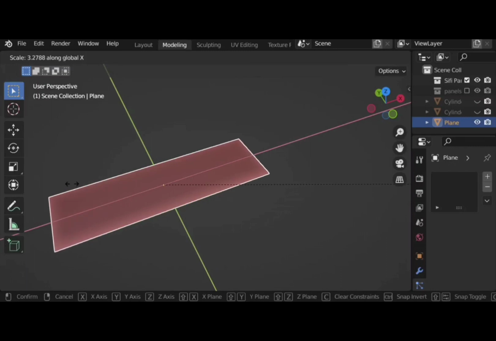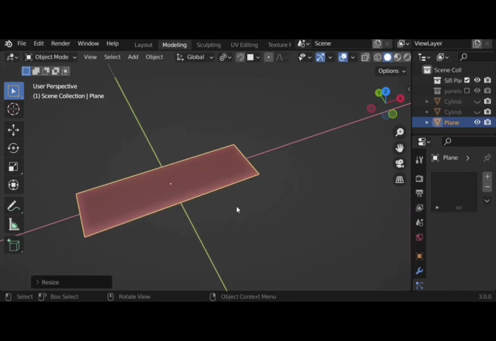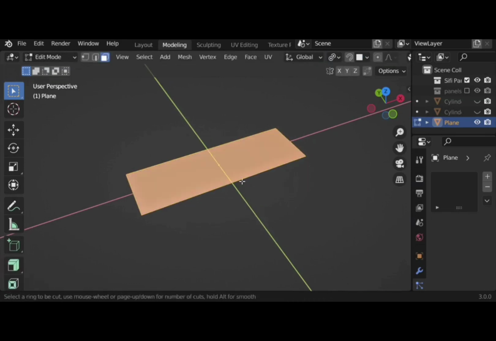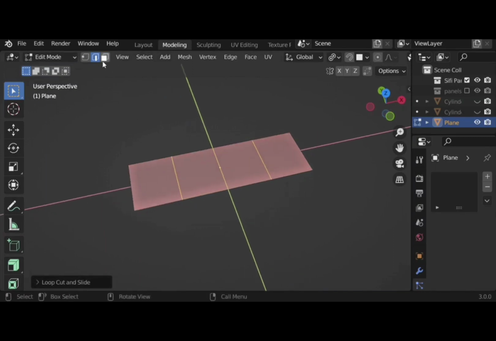Let's select a plane and scale it in x-axis, and we'll be going in edit mode to make some changes. So just press Tab and go to edit mode and press Ctrl R to give 3 loop cuts. As you can see, I have given 3 loop cuts,